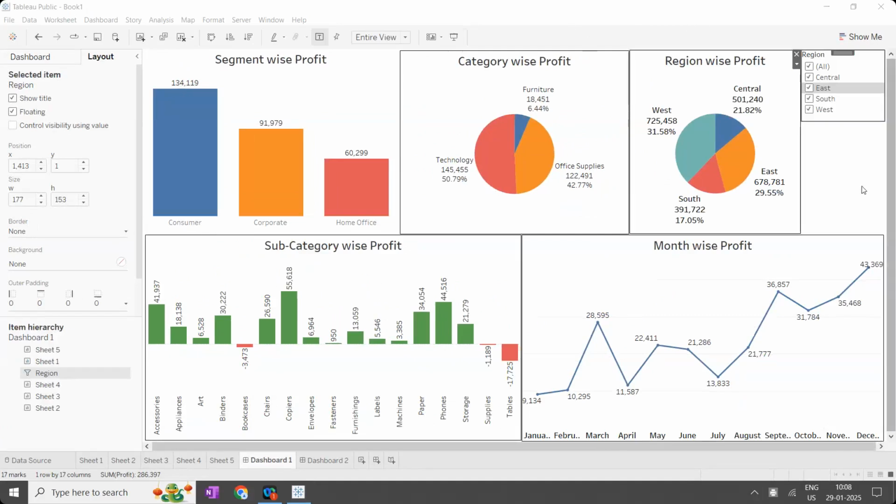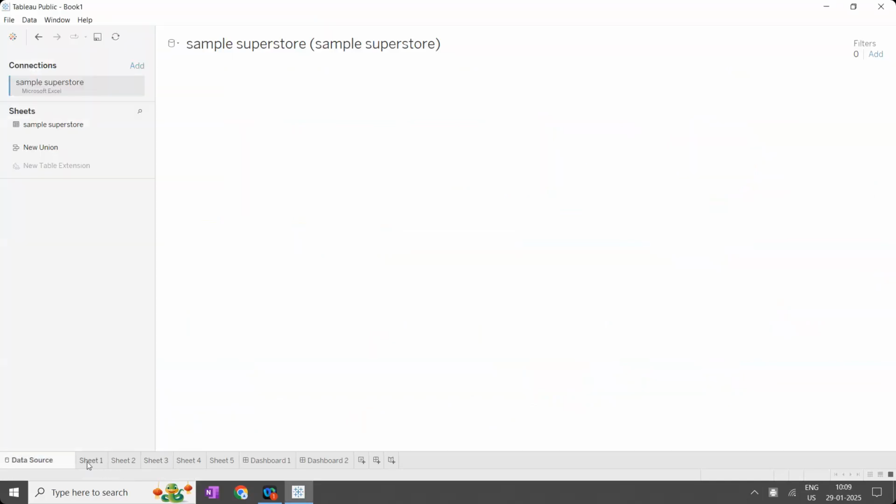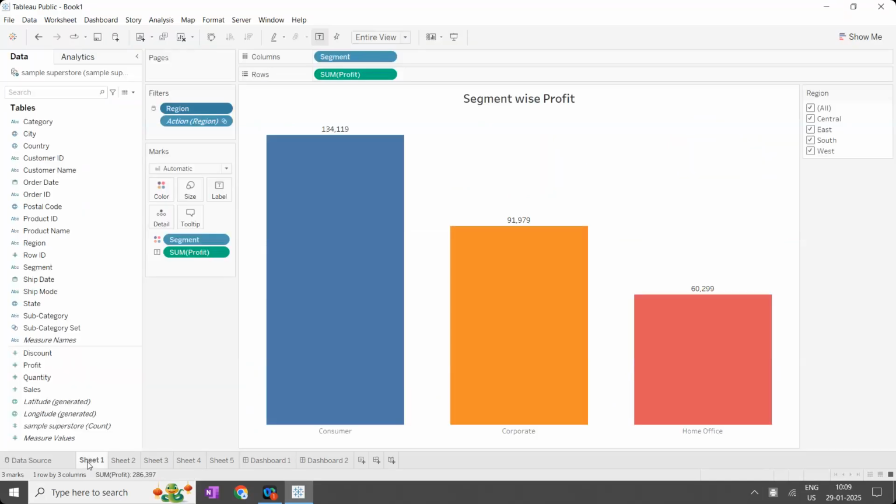So can you create the same kind of dashboard for the sales? And can you create the same kind of dashboard for the quantity? So 3 dashboards are required: one dashboard for the profit, second dashboard for the quantity, and third dashboard for the sales. Whenever we are working on a sales related project, majorly we'll focus on the profit,